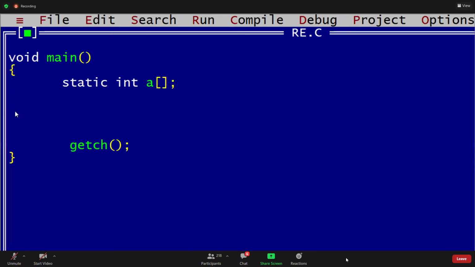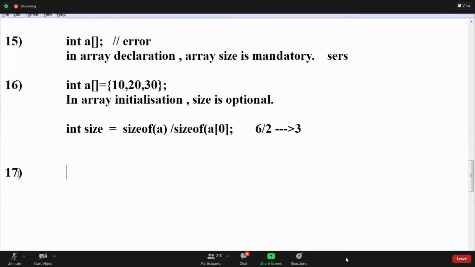Only without mentioning the size, how to declare an array, guys? Declaration: extern int a[]. This is valid, guys. We can declare using the extern keyword without mentioning the size.